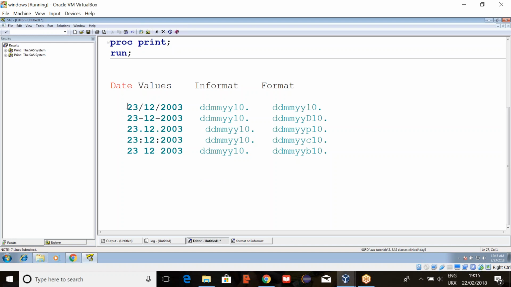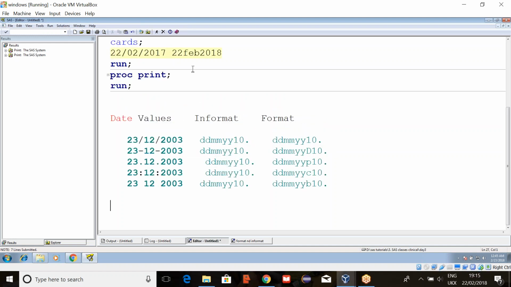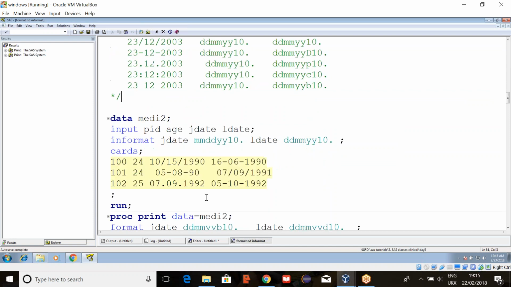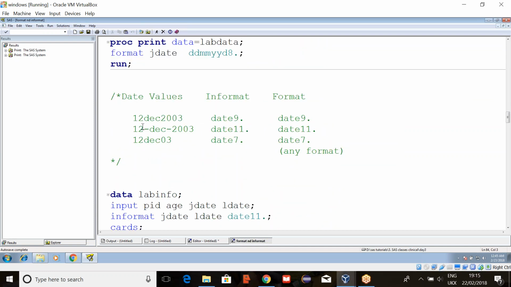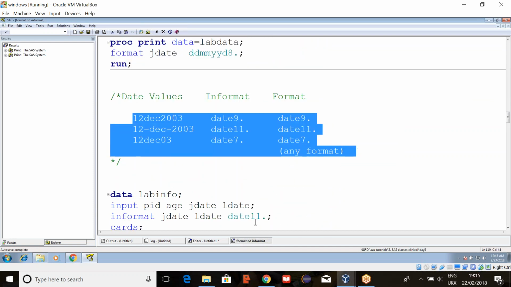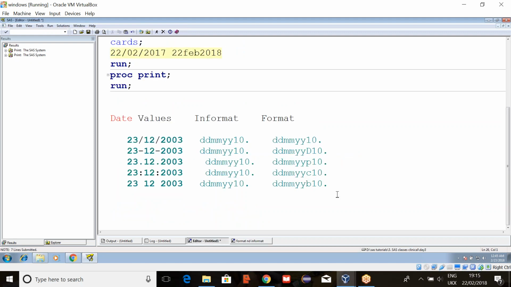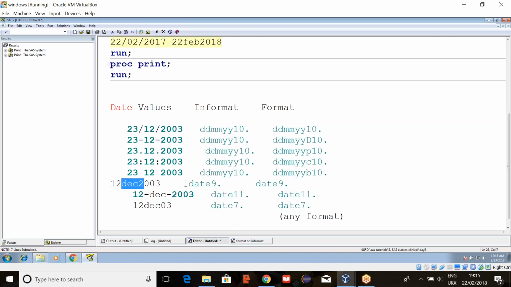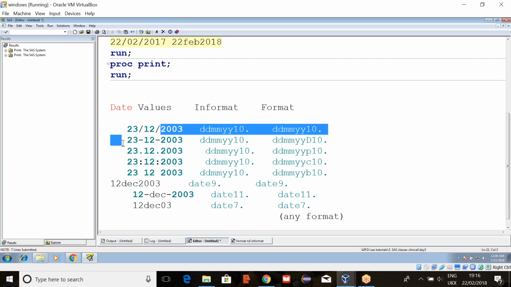Now, do we always write date and time like this? Sometimes we can write like this also, right? So many ways are there to write a date. If you have characters, we have to use DATE. Total length 9, so DATE9. Here two extra hyphens are there, so DATE11. Here DATE7. If you are using letters, just simply use DATE. Or if you are writing like this, use DDMMYY or YYMMDD, depending on the order.